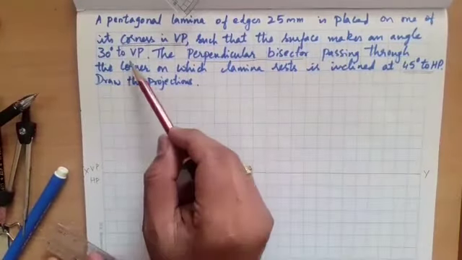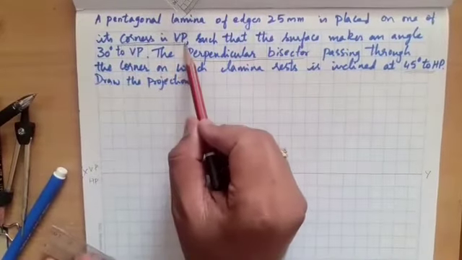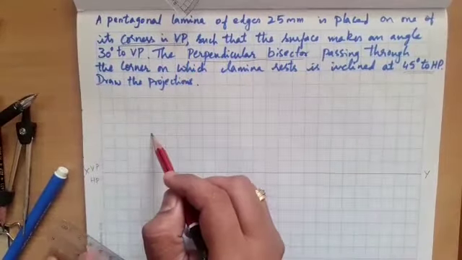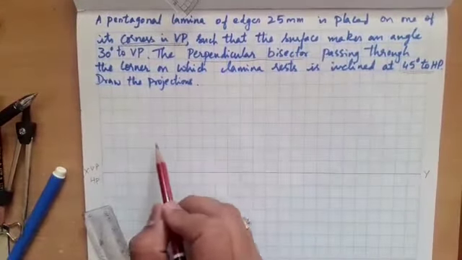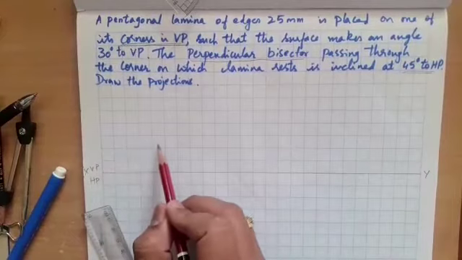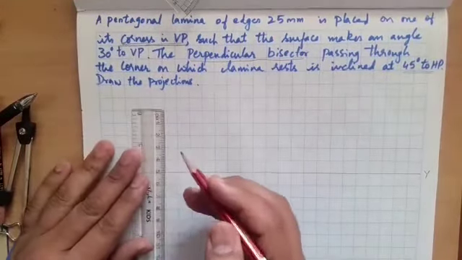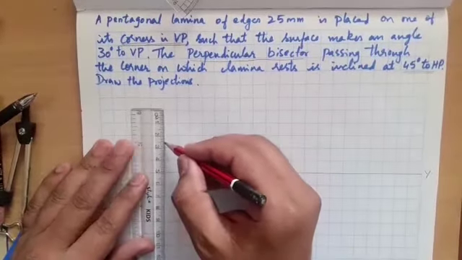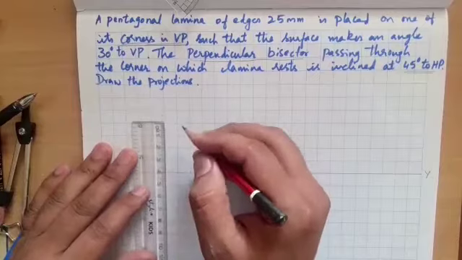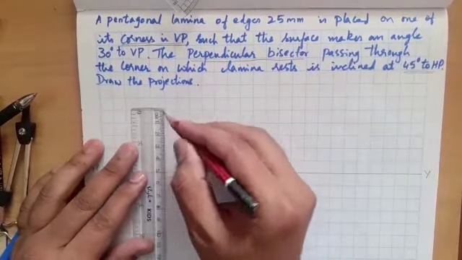Where you're drawing the true shape, don't draw on the horizontal plane, as the surface makes an angle of 30 degree to VP and it is resting with one of its corners in VP. You have to draw the true shape here. So I'll construct the true shape in such a way that you leave some boxes, 1, 2, 3, 4, 5 to 6 boxes around the fifth line. I'm going to mark 25 mm. So 25 somewhere here I can mark.